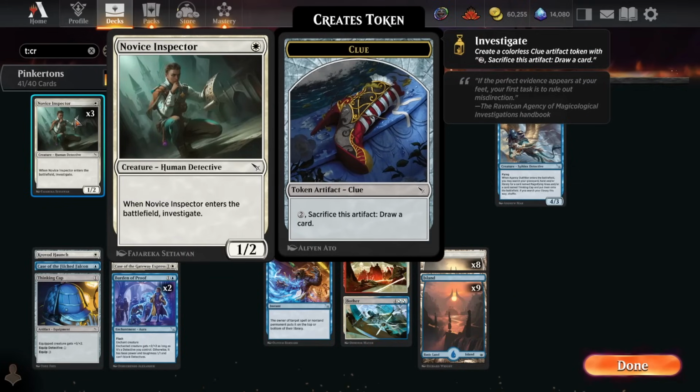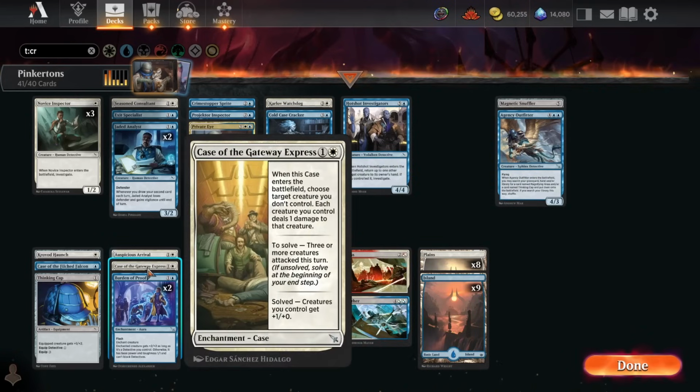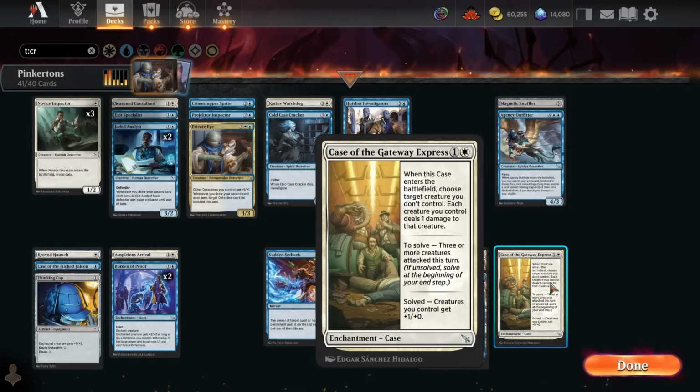And then the Novice Inspectors as well. I thought they were going to be great. They were great. So those were awesome as well. I guess Case of the Gateway Express, probably the biggest overperformer here, because I was considering even cutting this because